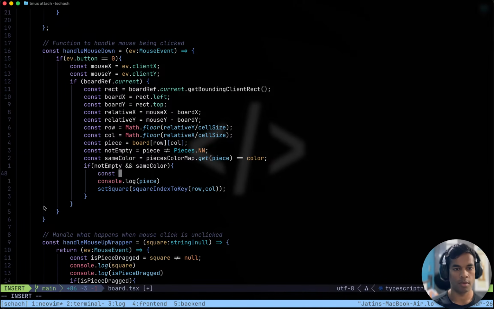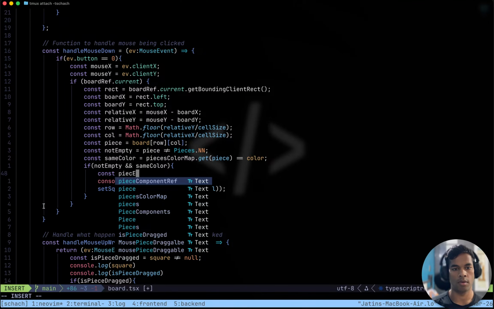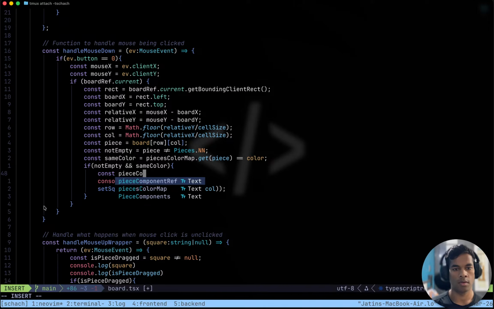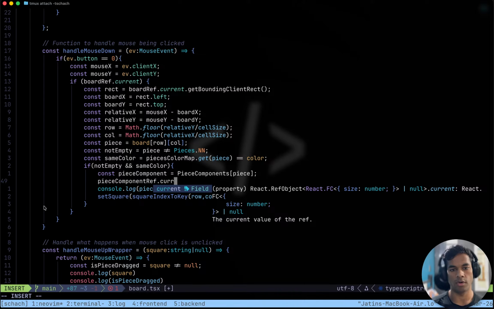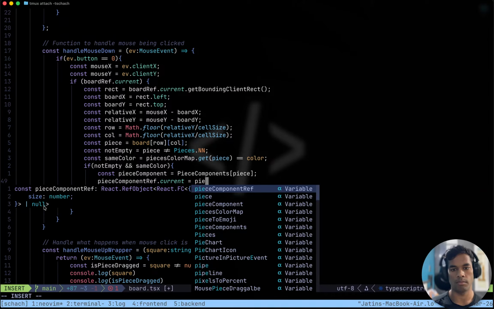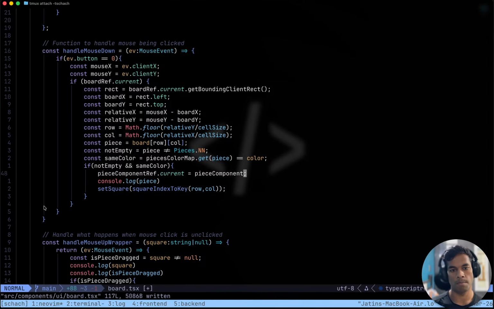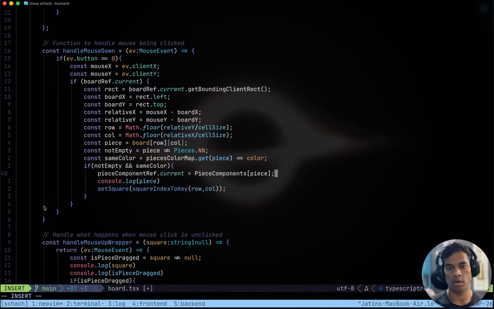Here const new piece component equals piece components for this piece, and piece component dot ref dot current equals piece components for this piece.